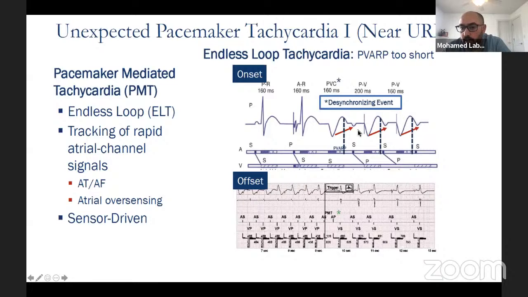Yeah, good question. A more sophisticated way to treat it is, of course, you extend the PVARP. So the answer to your question, yes, the magnet will solve PMT or endless loop. Or if you don't have a magnet around, just go in and do VVI. It just stops it. For example, program it to VVI. Or VOO or, you know,